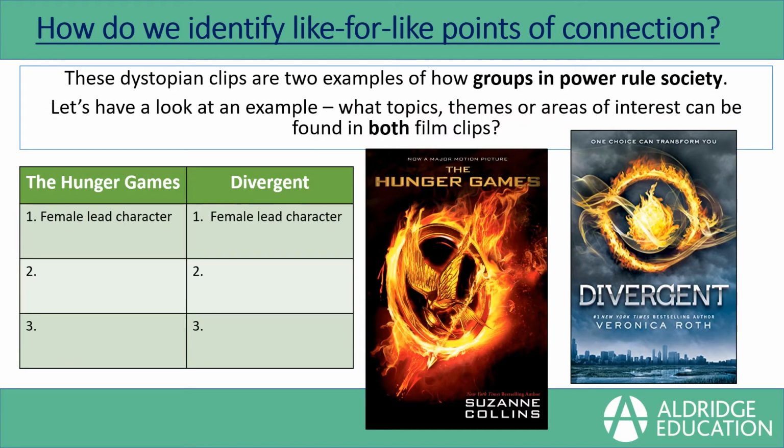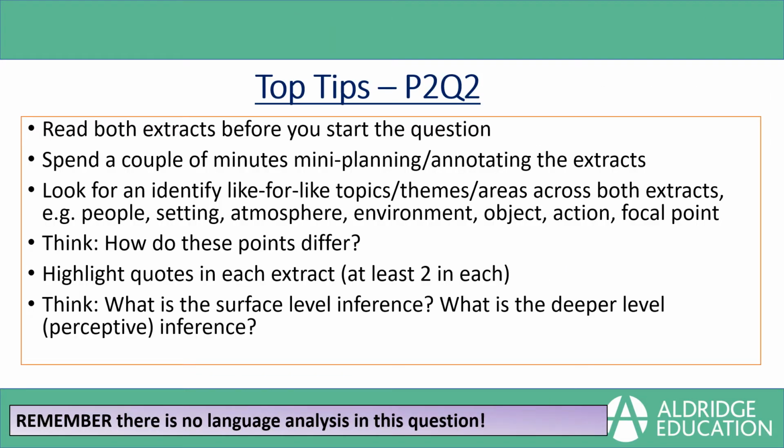If you were in class yesterday, we would have looked at the similarities. Both were female characters, both set in a dystopian society, both see this as kind of a spectator sport, so we'd have asked you to pick up those like-for-like points of connection. So the top tips for Paper 2 Question 2 are to read both extracts before you start the question,